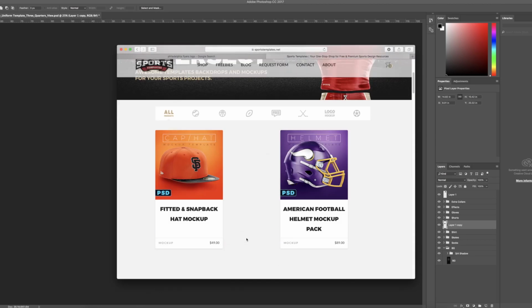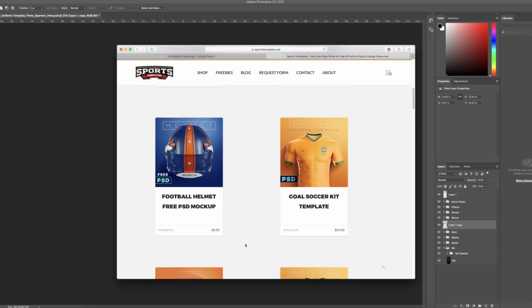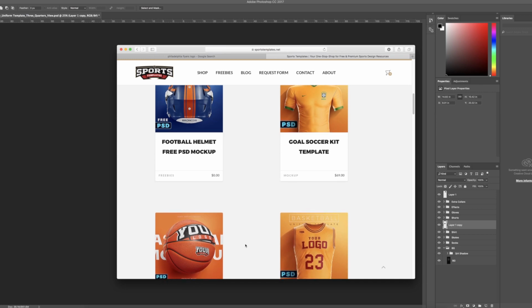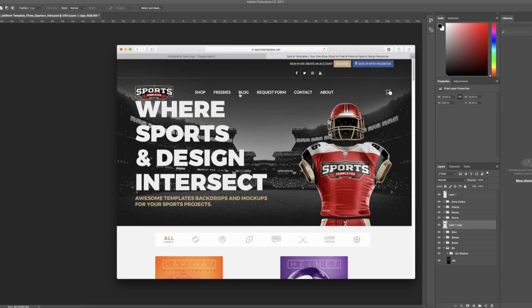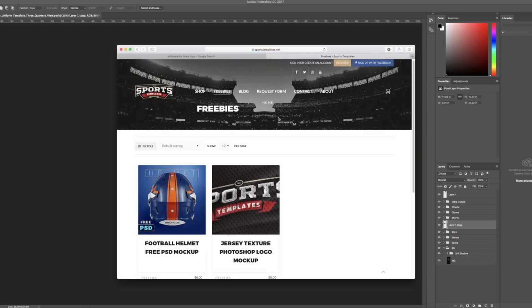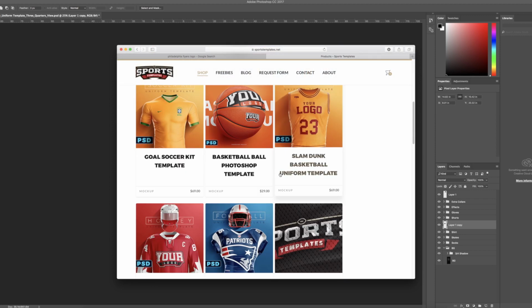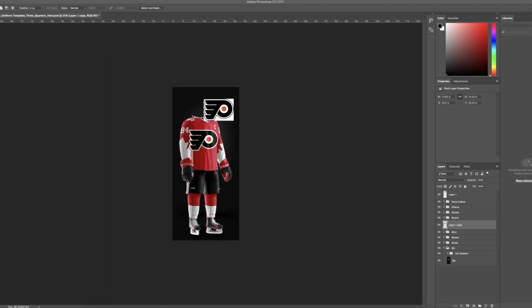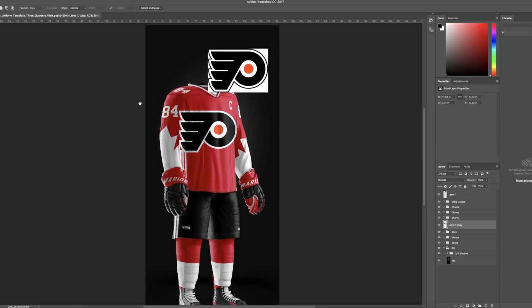If you go to his website, he's got a great selection of templates to choose from for various sports. I know a lot of people complain about the pricing because most people who ask me for the template just want to make concepts for fun. Here's the deal: he spends so much time making these templates. He deserves the money. So maybe it's not for people who just want to do this as a hobby, but for people who actually want to get into graphic design, into sports design, this is a great template and worth